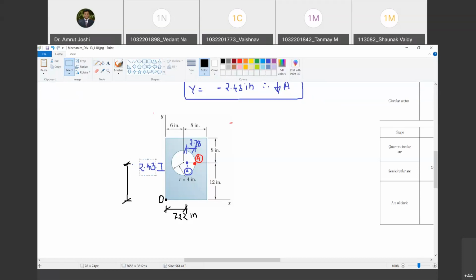9.57. कितना? 9.57. 5. अच्छा, जिन्होंने ये प्रॉब्लम सॉल्व किया था, are you getting similar answers? Please let me know. Yes, sir. Yes, you are getting the same answer in this case. So method कौन सा भी choose करो, the centroid in principle is not going to change the location. It depends on what coordinate system and origin you have chosen. उसके हिसाब से आपके आंसर्स आने वाले. Are you with me? Yes, sir.